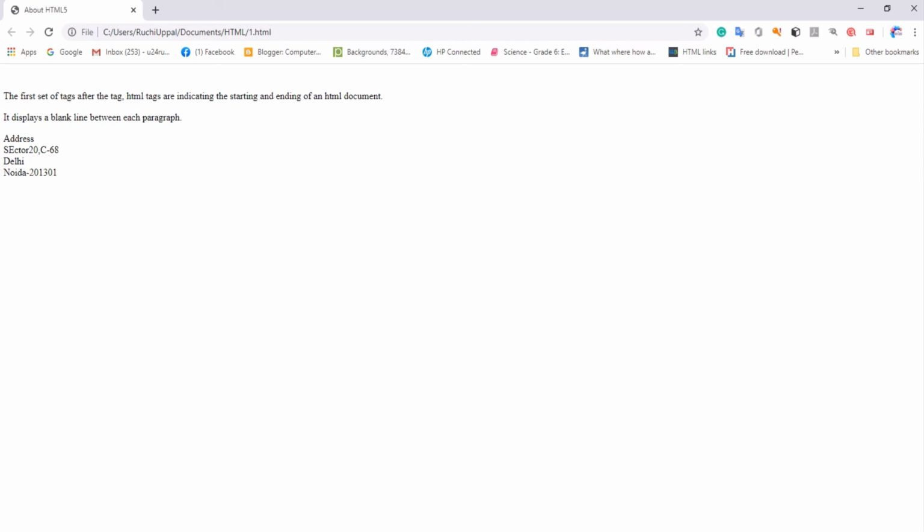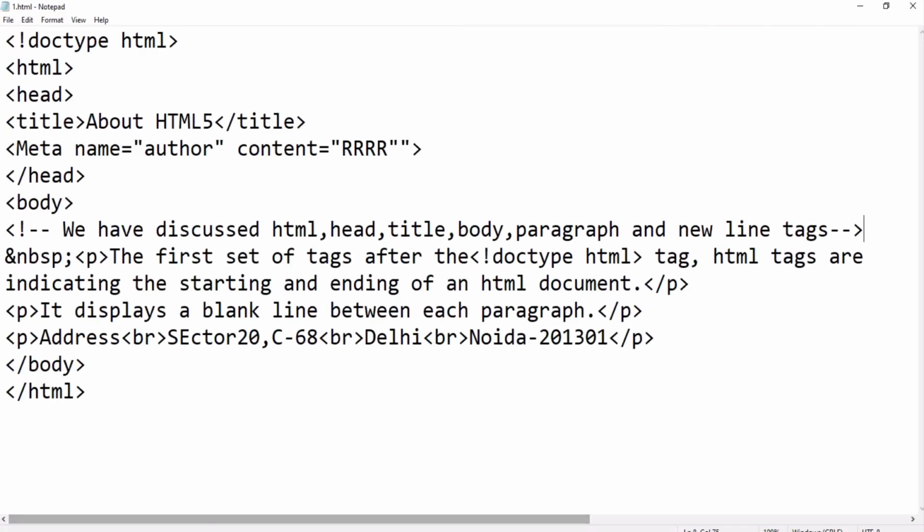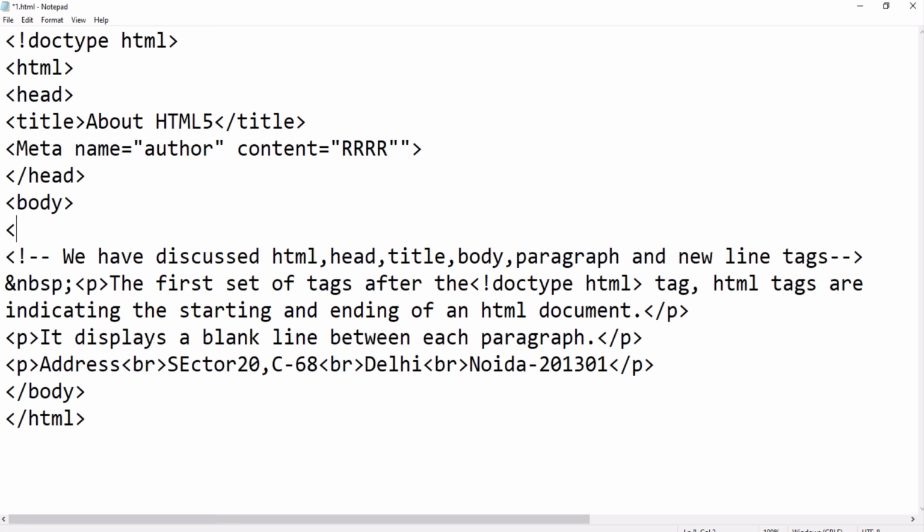You can insert any number of horizontal rules on a web page with the help of the HR tag. So let's use it. I am simply writing the HR tag.